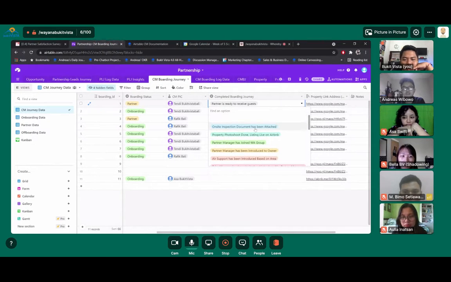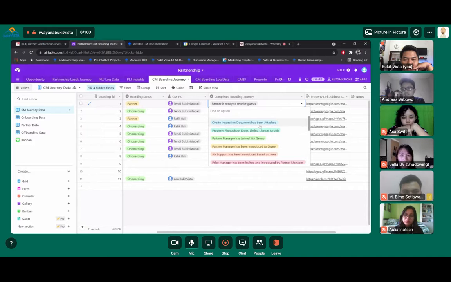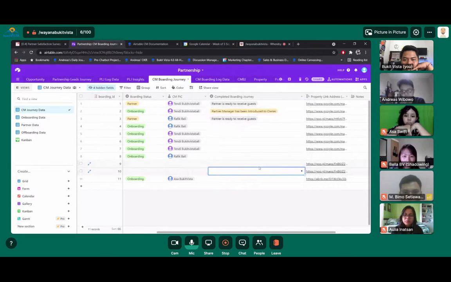But you don't need to notify the content team anymore, because if you click this, based on the automation, it will trigger the information to Trello. So what you need to do is just click this button. Okay, got it.